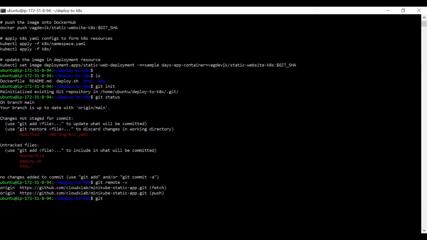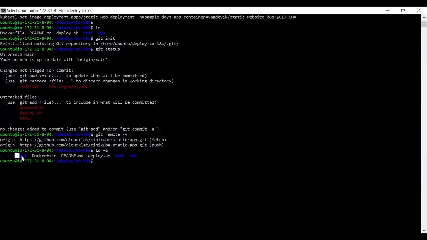We shall run ls -a. So you can see this .git, right? The -a means to show all the files present in this folder, including the hidden files. Generally, this git tracking folder will be hidden from us, so when we do this command, we will be able to see the hidden files also.